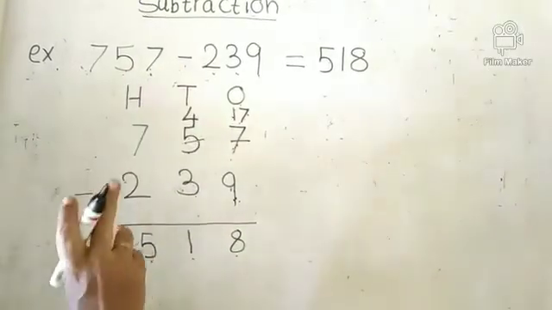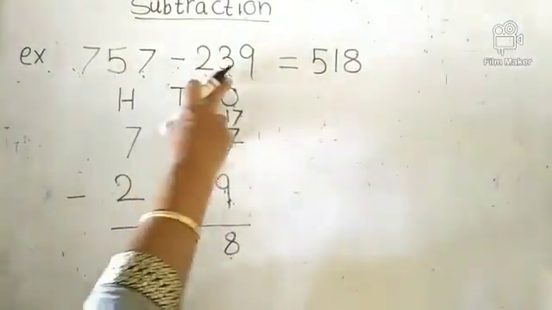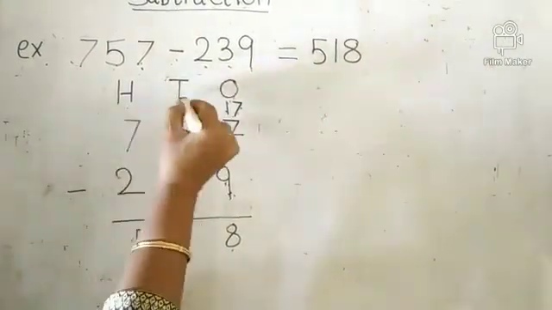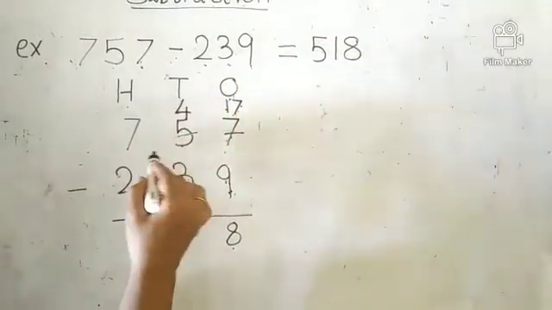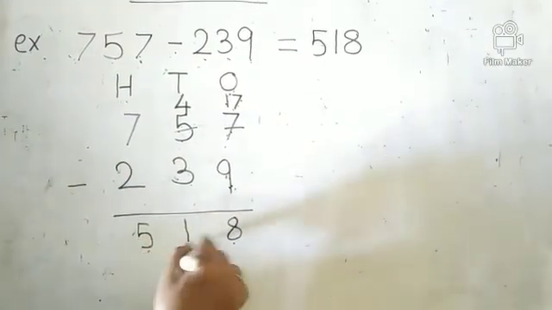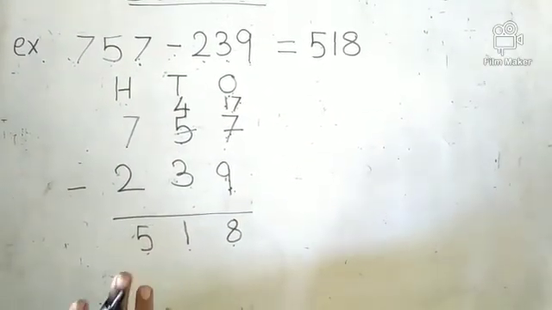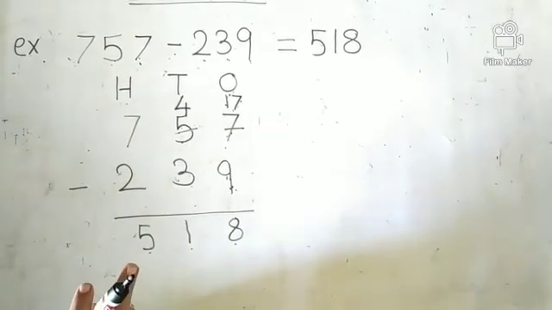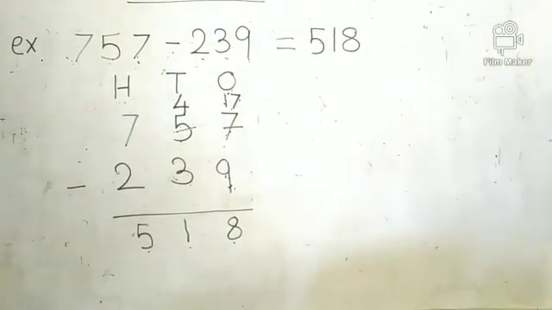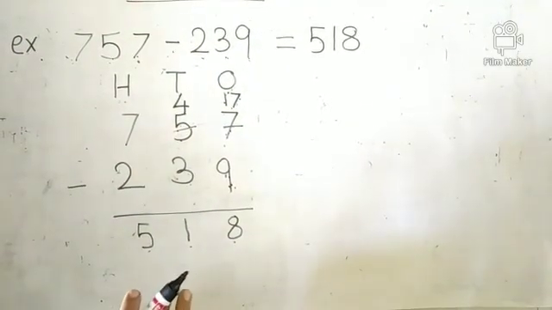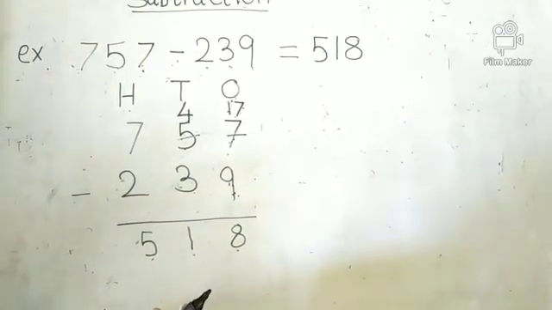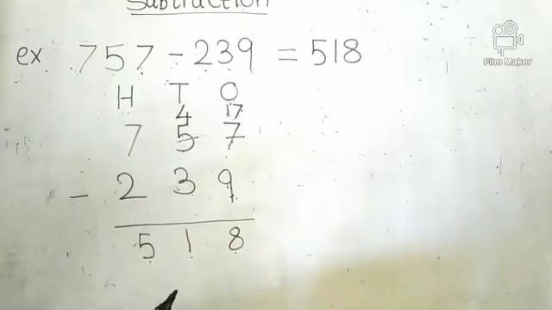So children, now you know how to do this horizontal subtraction. We have to arrange the columns like this, 100, tens and ones, and then write these numbers in vertical position, and then we have to do subtraction. Now you know how to do subtraction of 2-digit numbers from 3-digit and 3-digit numbers from 3-digit numbers without regrouping and with regrouping. I hope you have understood this subtraction very clearly.